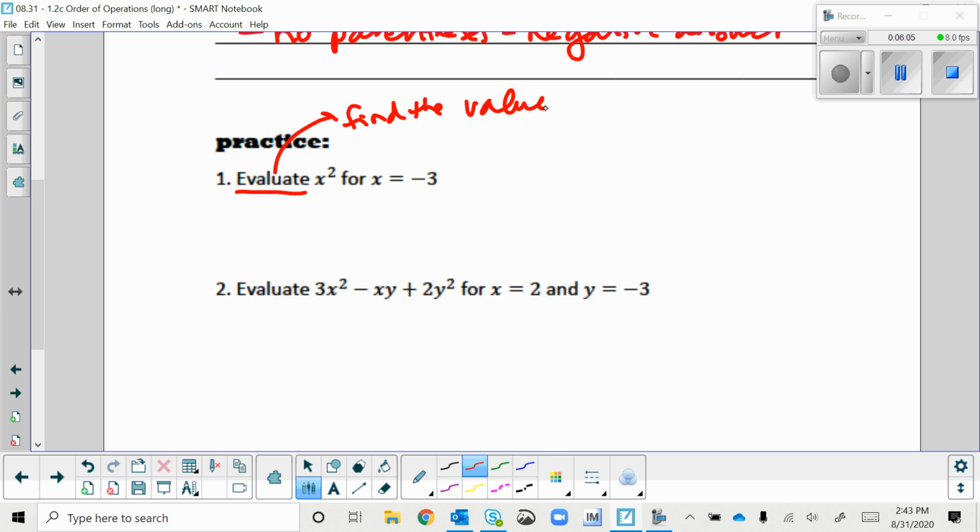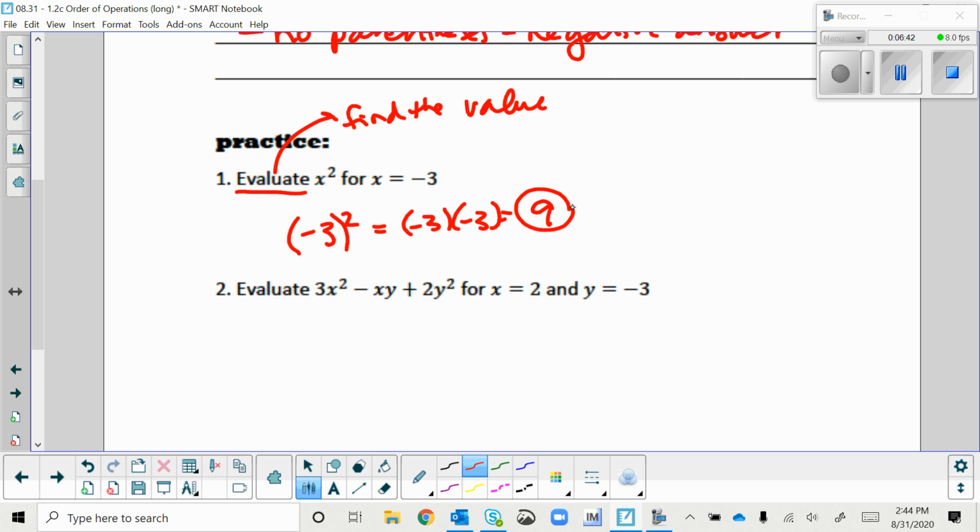I hope you got +9, and here's why. When we put -3 in for x, you might feel like this is correct, but it's not. That x squared means all of whatever x is, all of it, is getting squared. So if that x value is negative, then that is part of what is getting squared. So I put parentheses to include the negative. So this means -3 times itself, which is +9.